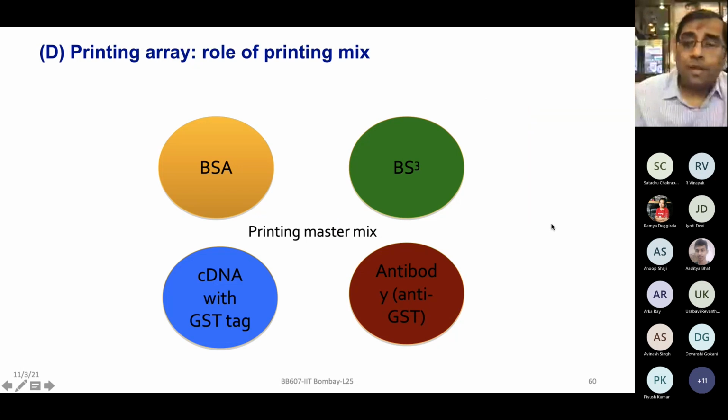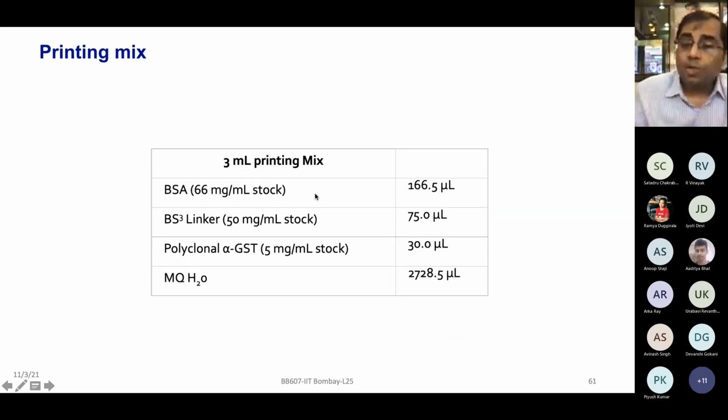Now, if you are looking at the NAPPA chemistry, you are going to make the reaction mix, which contains multiple things I already mentioned earlier. It can be the DNA of your interest with the GST tag, an antibody like anti-GST in this case, since the GST tag is there, BSA protein, and BS3 cross-linker. So again, in a tube, you are going to add these chemicals. I'm not going into the nitty-gritty of it. Some of you might be keen to follow this experiment and work. For you, those details are there on how you can do this pipetting and those reactions.